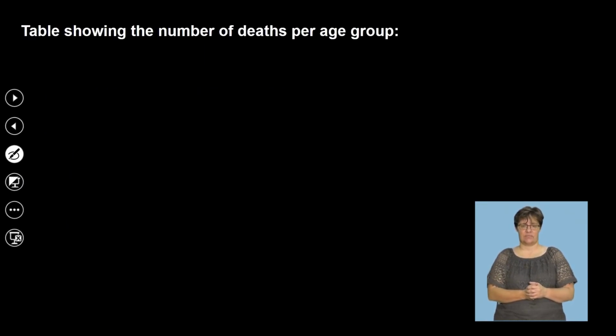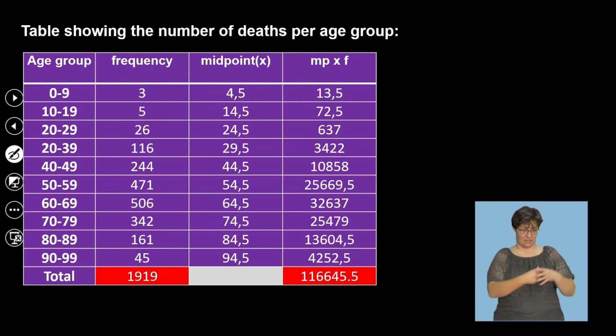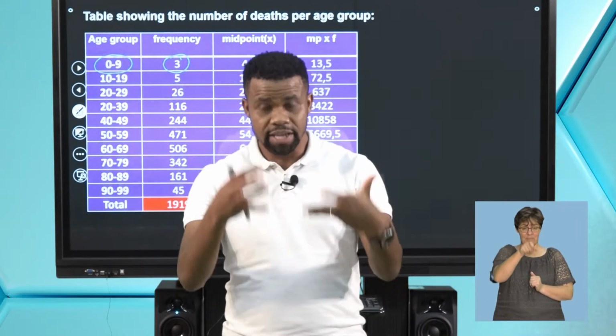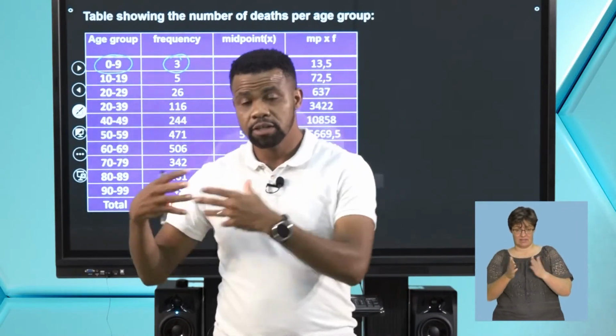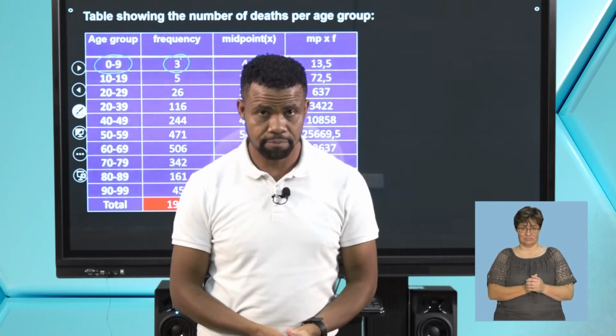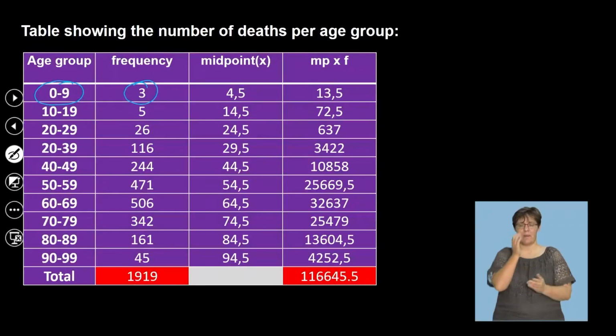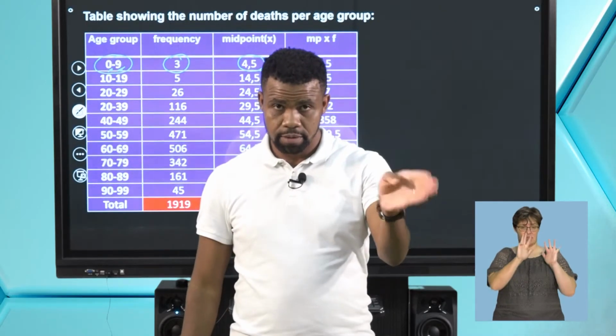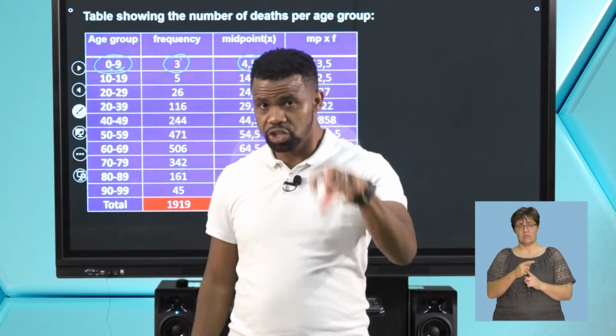So this is the actual table. Let me explain this again. So for the age of 0 to 9, we have 3. Frequency implies 3 young people between the age of 0 and 9 died from COVID-19. Are we together? Then we find the midpoint. How did we do this? 0 plus 9 divided by 2, that gives us 4.5. Are we together? So 9 plus 0 divided by 2, we get 4.5, which is the midpoint of